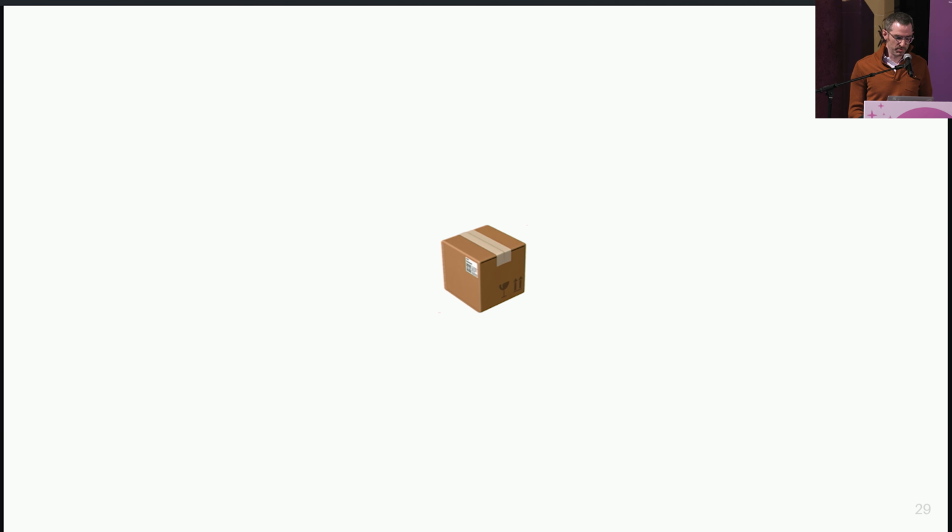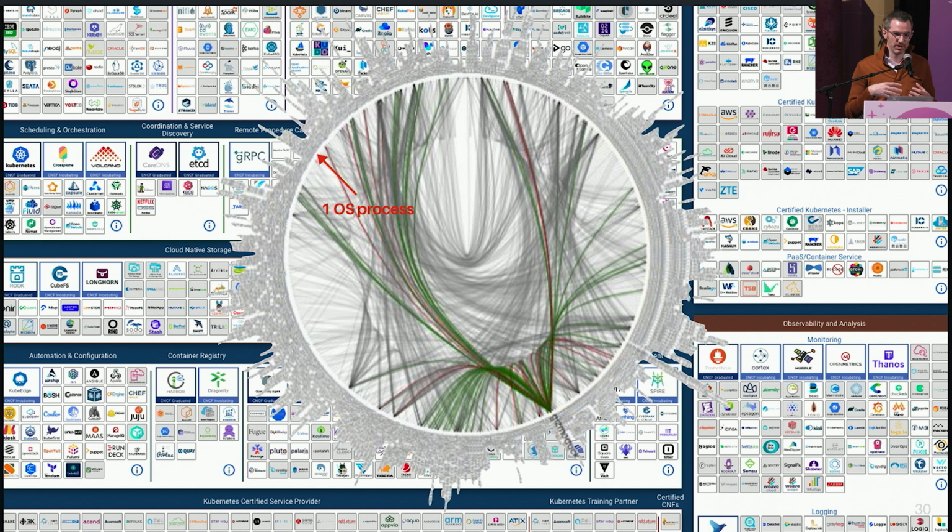And the experience when you're within that box is pretty nice, but at the boundaries of that box, you have all this boilerplate code to convert to and from different formats. And then there's this larger question of how you organize a system like this, which is hundreds or thousands or hundreds of thousands of these different OS processes spread across lots of computers, and they all need to be communicating and coordinating to do a thing.